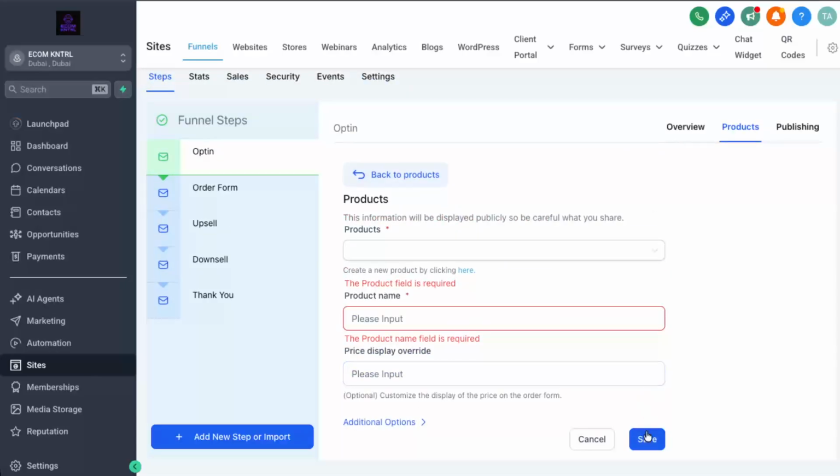Once you're happy with everything you've set, click on Save. This final step confirms your changes and attaches the product to your funnel step. After saving, it's a good idea to preview your funnel page and run a quick test to make sure the product appears correctly and the checkout process works as expected. And that's it. You've successfully